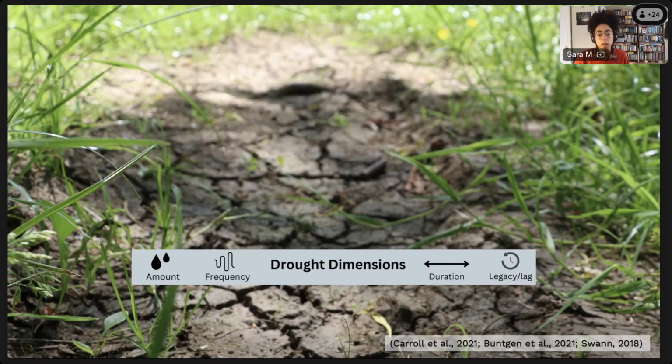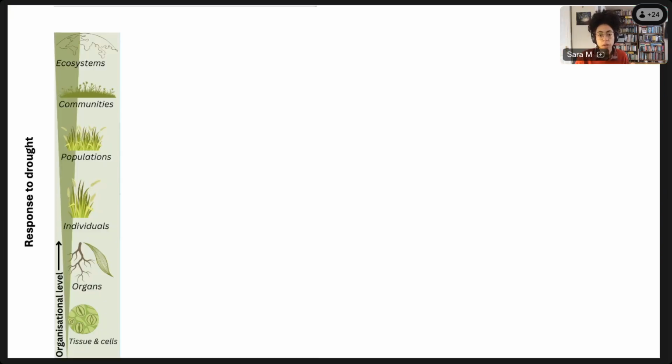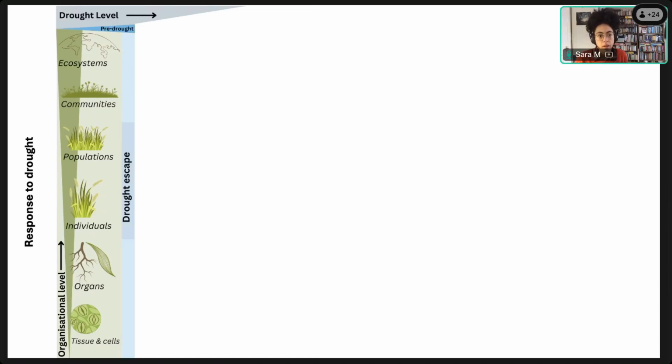So thinking in terms of responses to drought, if we think across organizational levels, here I've got from tissues and cells all the way to ecosystems, there are different responses, and they tend to be hierarchical. And if we're thinking about the drought dimension, which will be along the top as I go through the slides, we can have, before a drought happens,